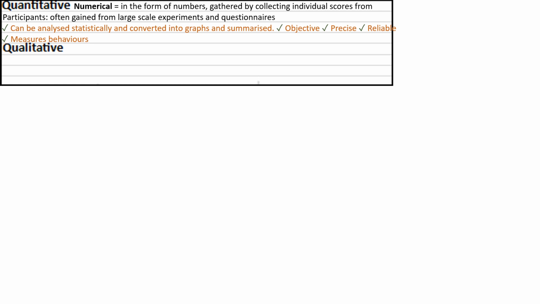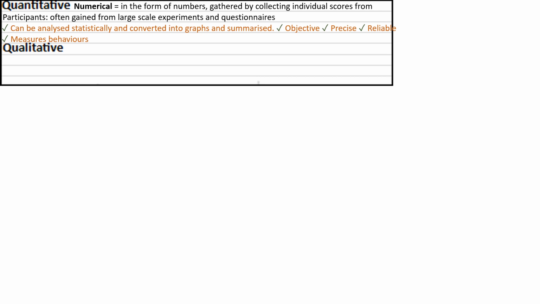We might also argue that it's objective. We might say that gathering a large quantity of data lacks the bias that comes with other options. Being able to measure data based on a scale of times and score, we can also be quite precise. It's often much easier to replicate quantitative studies and find the same results, so we might say that quantitative data is more reliable than qualitative data. And we can give a clear measurement of behaviours, especially if we're measuring behaviours on a scale.